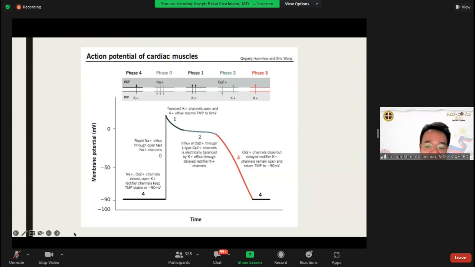So it's not calcium, sodium. It's calcium, potassium. Okay? Calcium, potassium is the answer for the plateau. Because as we discussed earlier, phase 4 or the RMP pulls potassium outwards, and then sodium activation in phase 0, and then closure of sodium produces the initial repolarization in phase 1, and then in phase 2 is the movement of calcium and potassium. So the answer is calcium, potassium for the plateau phase.